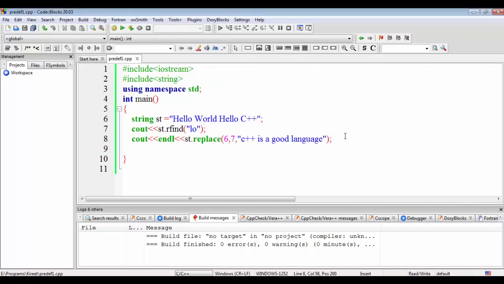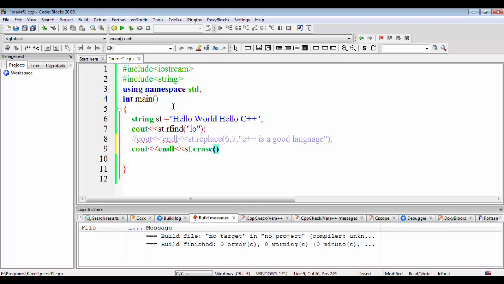Again, there is a function erase. If you want to erase, let's comment out this string and say this is our base string. There is a function st.erase.